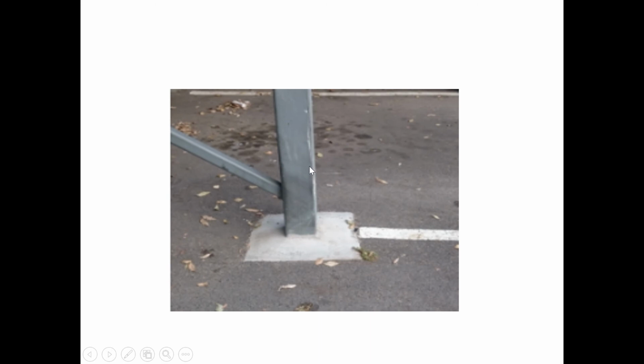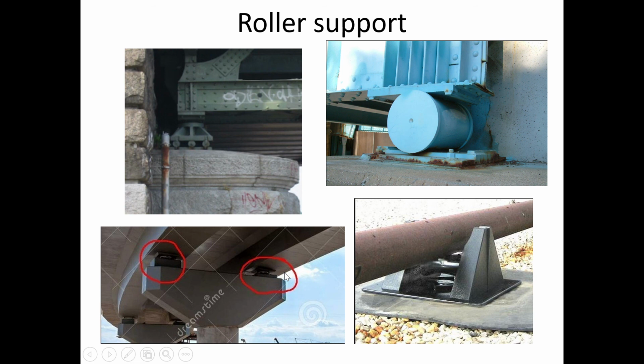So here the member is connected to the pedestal foundation, and there is no horizontal movement, there is no vertical movement, and there is no rotation also. So this is example for roller supports. So these are the roller supports. If member is connected to roller support, there may be horizontal movement, but there is no vertical movement, and it also allows for the rotation here.